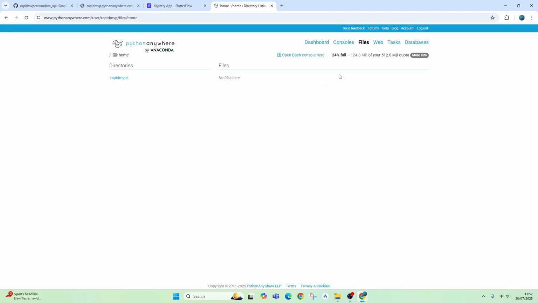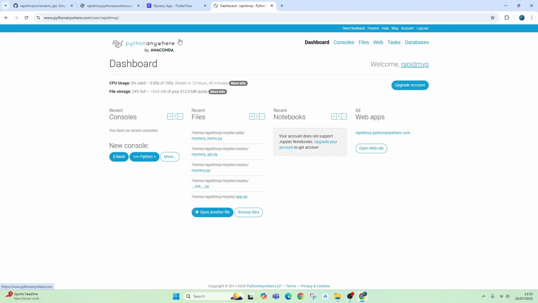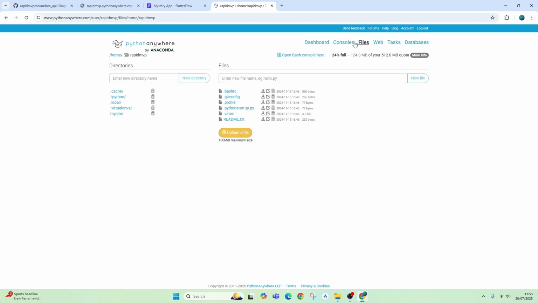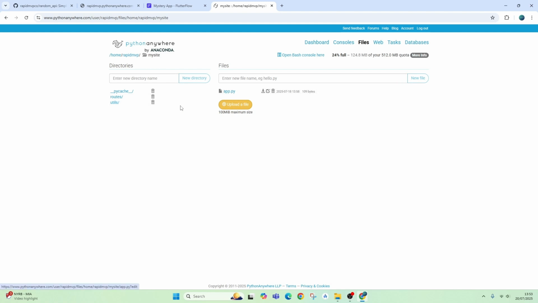The only thing you need to consider, when you come to set up your app, like I said, is to go onto PythonAnywhere, open a free account, create a new app, and run through the options to set up a Flask app. Then you have your blank dashboard, and your files will be blank and your web section will be blank. So in the files within the My Site section, create your folders and upload the files,